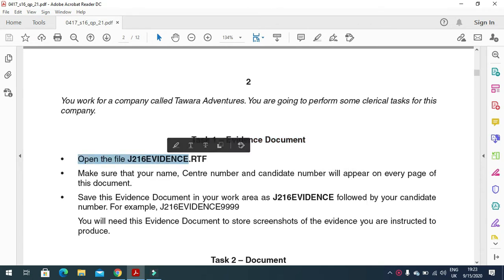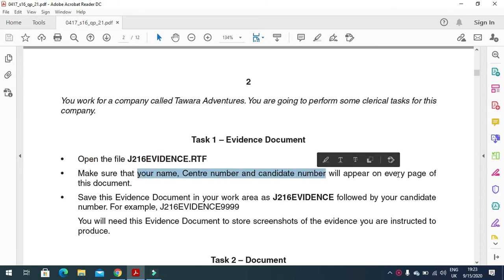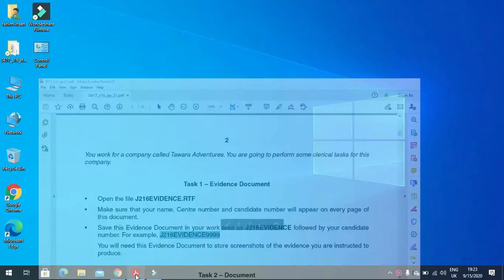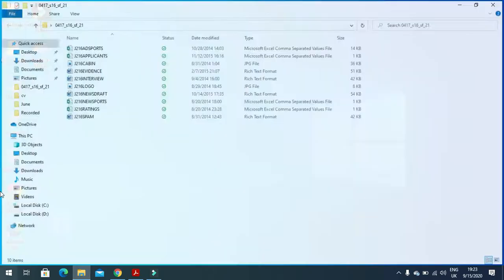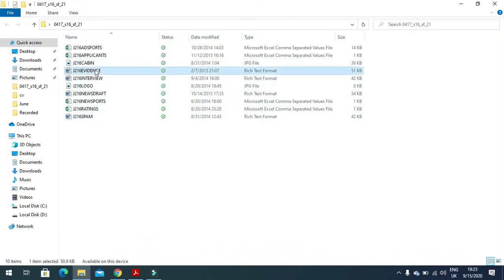J216 evidence, and then you should have your name, center number, candidate number, which will appear on every page of the document, and then we need to save this document as J216 evidence and then your candidate number. So here are the files. I will just click here, then evidence document,